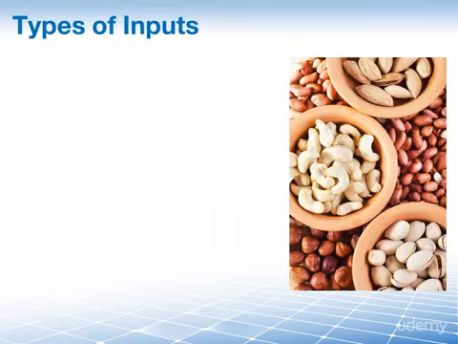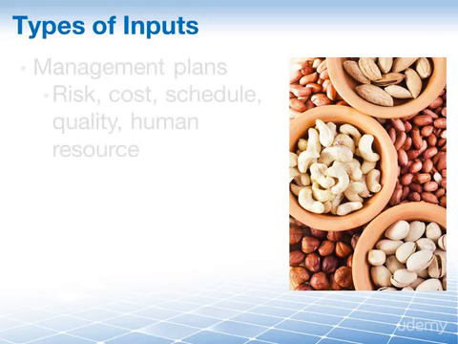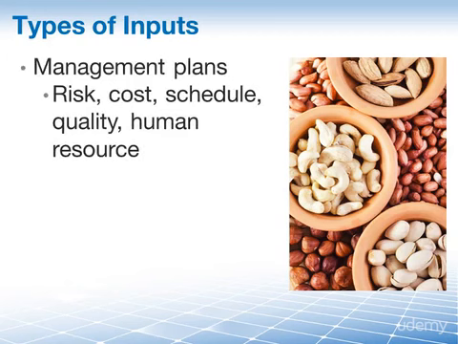One way to approach the question of why we have the inputs we do, especially when we have so many, is to group them into types. So let's take a look at these types of inputs, beginning with the management plans, of which there are 5. They all contain some aspect of risk. So you'll need to review the risk, cost, schedule, quality, and human resources management plans, and identify project risk in